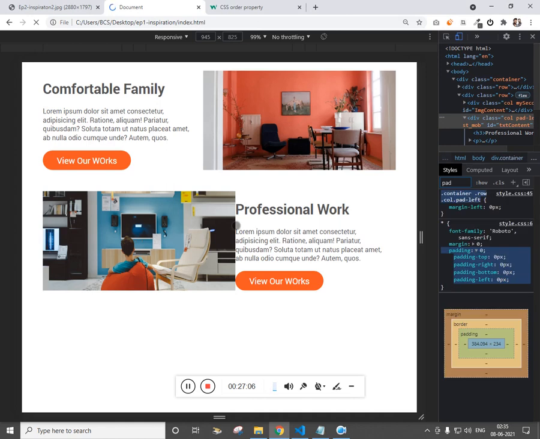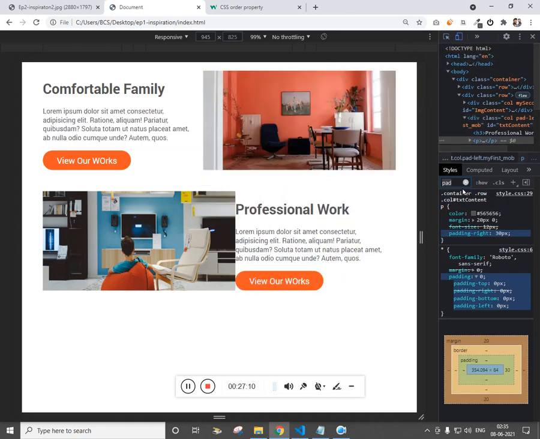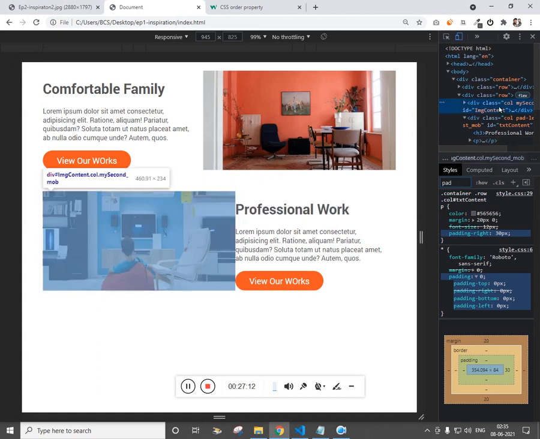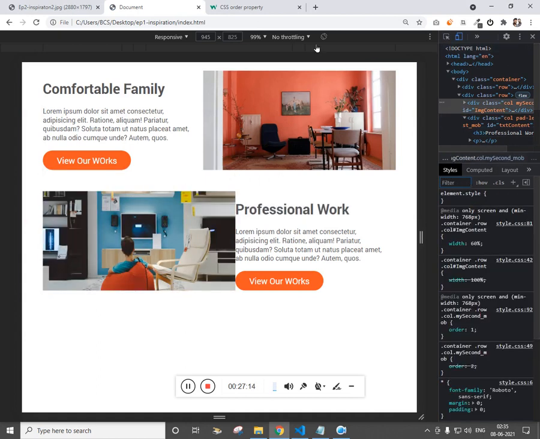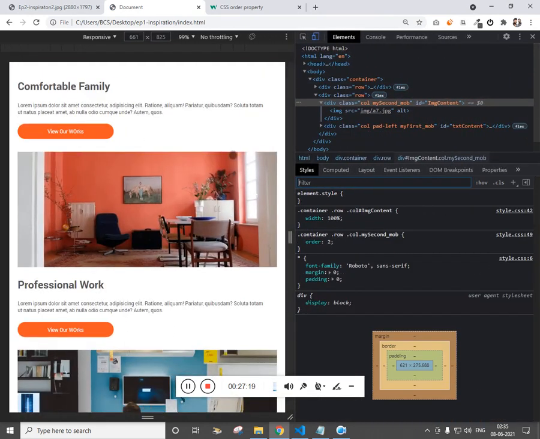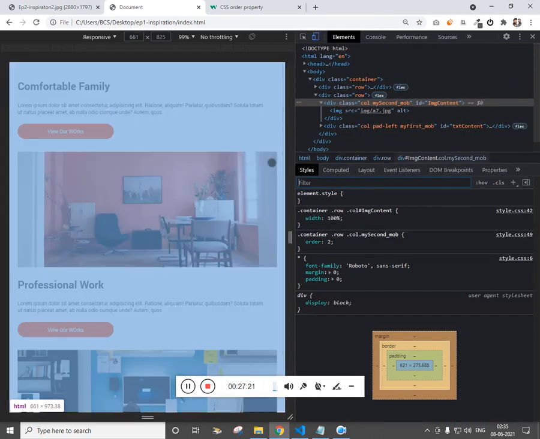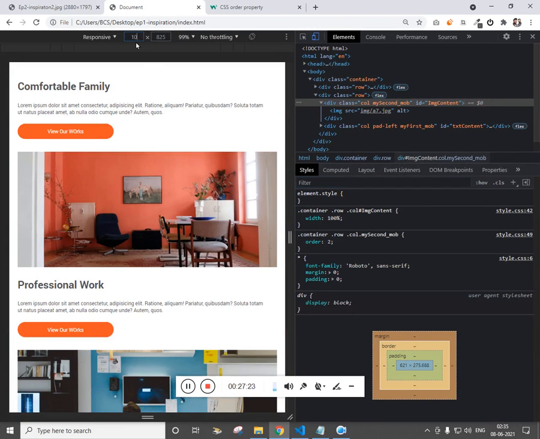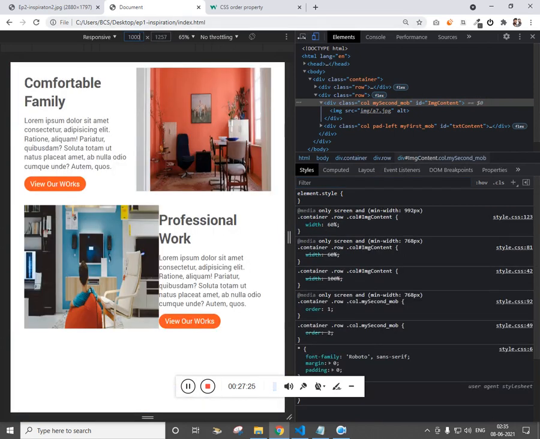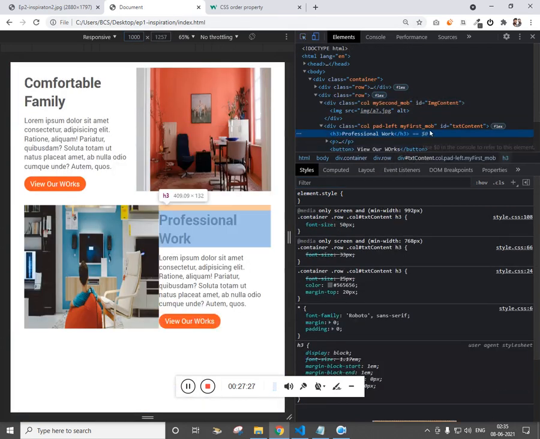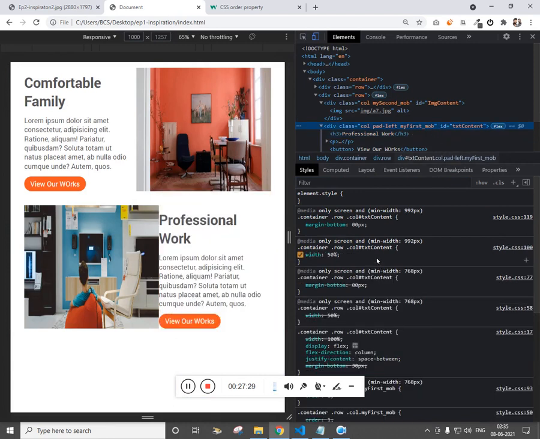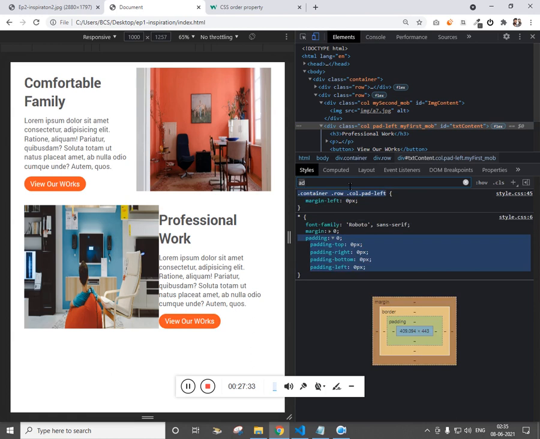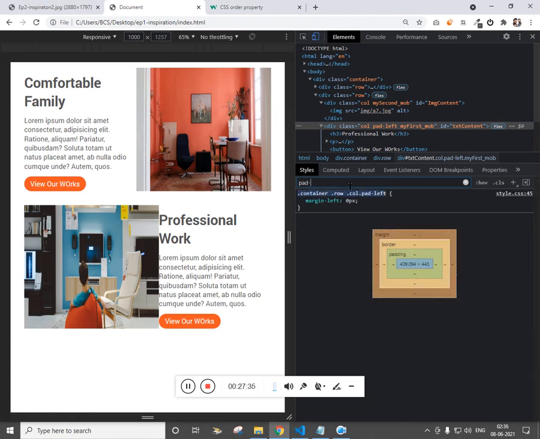And now if I refresh and check the padding left, for mobile it is okay, but if I had 1000, it is not working. What happened to padding left? PAD hyphen.